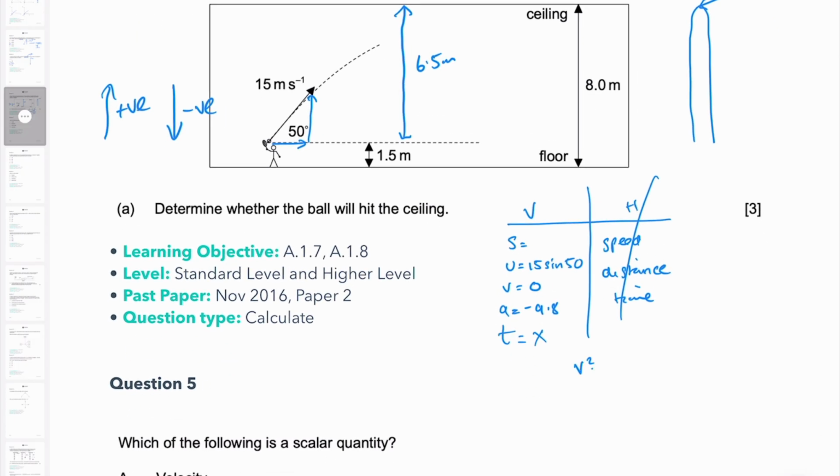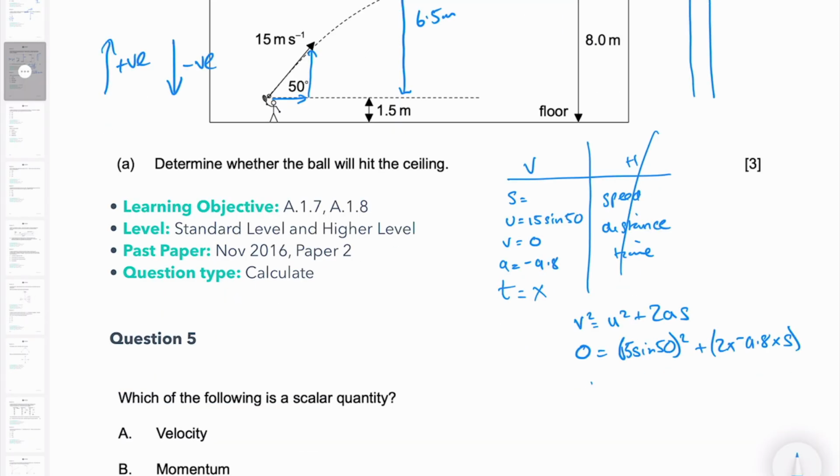We can use the equation v squared equals u squared plus 2as, and we want to find out what s is. So let's plug in our data. 0 equals (15 sine 50) squared plus 2 times minus 9.8 times s. That's going to give us 0 equals 132.04 minus